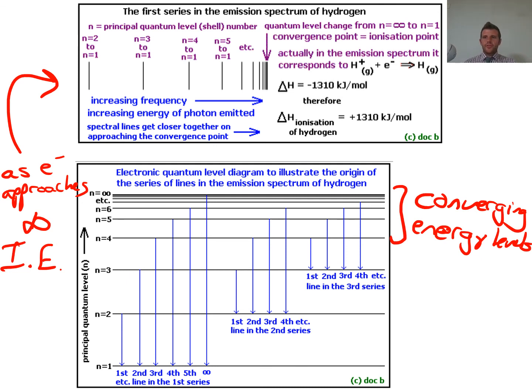Things that are important to know in this situation. Since energy levels farther from the nucleus are closer together, then it's safe to assume that energy levels closer to the nucleus would be farther apart in terms of energy. So this will be from n equals 2 to n equals 1, the largest difference in energy. Therefore,